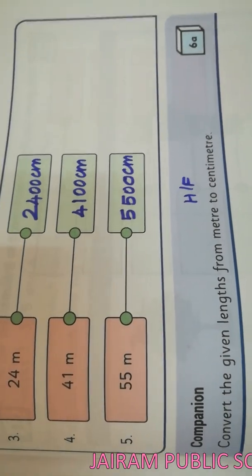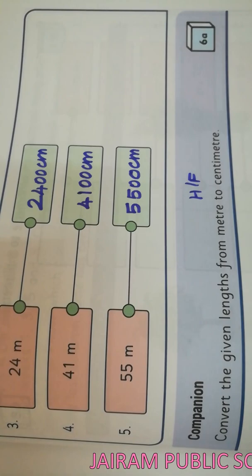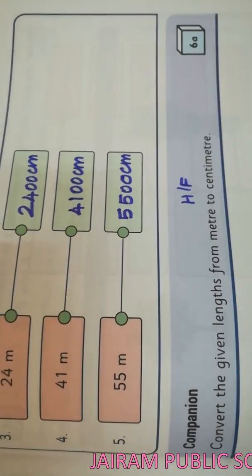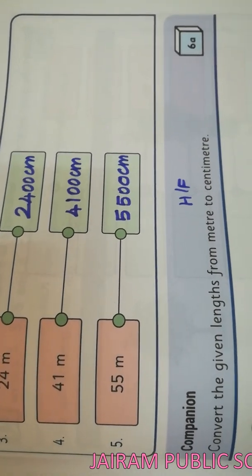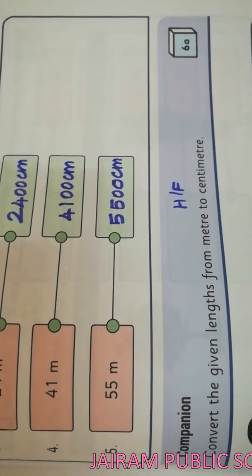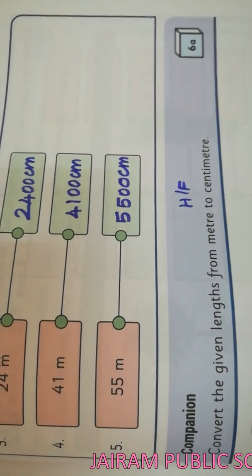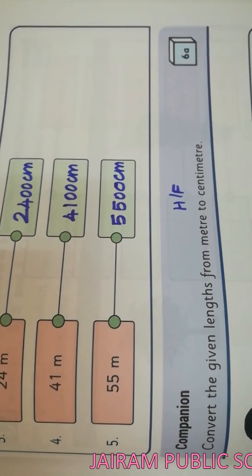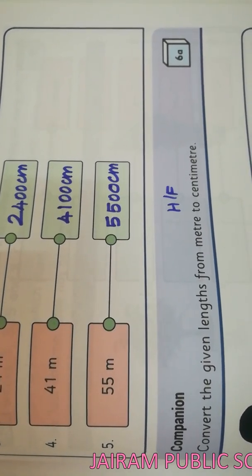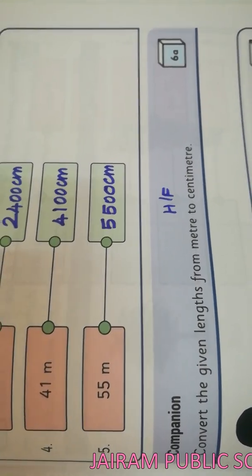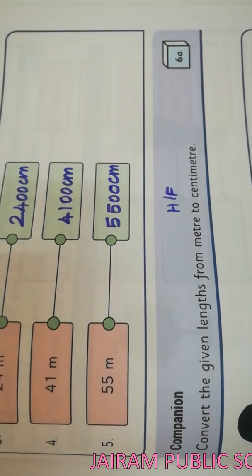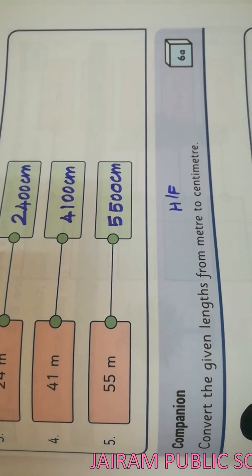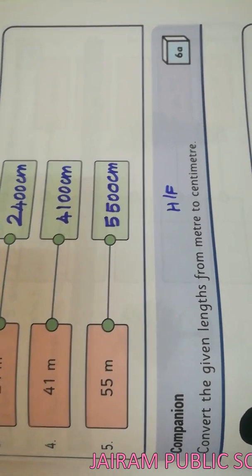With this, we are coming to the end of today's session. In today's session, we have discussed how to measure the length of an object using different units like meter, centimeter and millimeter. For larger objects we can use meter, for smaller objects we can use centimeter, and for a tiny object, we can use millimeter. Then for the conversion of meter to centimeter, we have to multiply by 100.